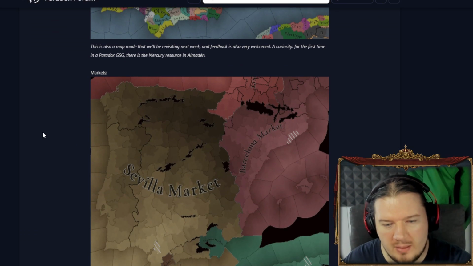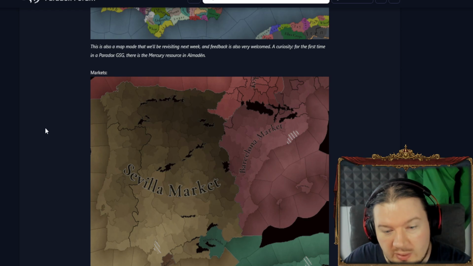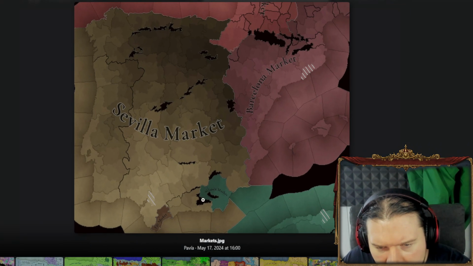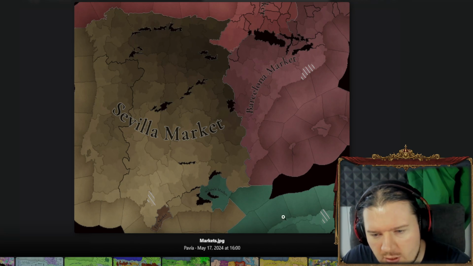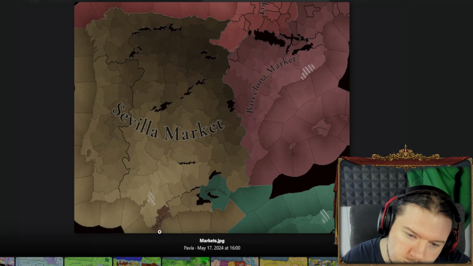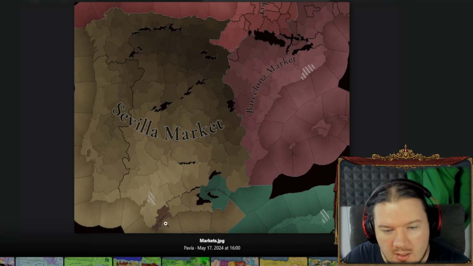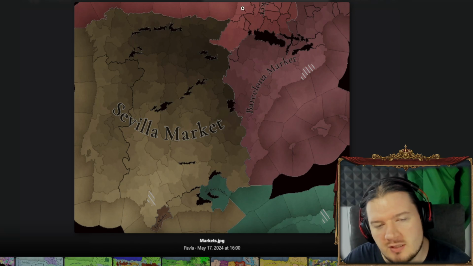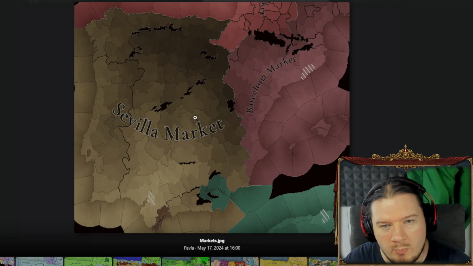And then finally we have the markets. We have the Sevilla market, we have the Barcelona market, and if I zoom in, we have the Algezate market, which is coming over from North Africa, and the Fez, yes, that would be the Fez market, as well, coming over from North Africa. Very cool. Barcelona market there. We have, obviously, the Aquitaine market. And yeah, there is no...